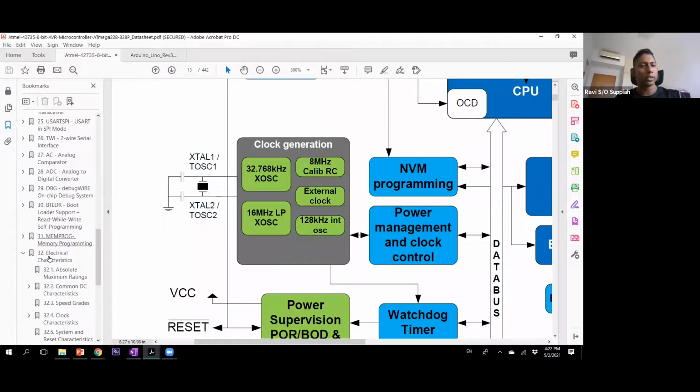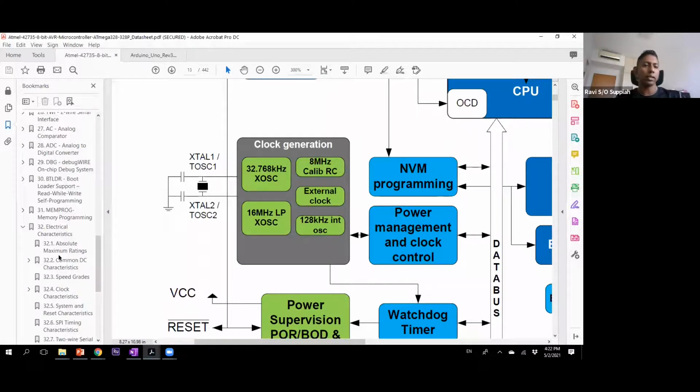This chapter 32 is on electrical characteristics. This is the chapter, usually towards the end of any microcontroller data sheet, that tells you all these DC characteristics, clocking, the maximum ratings, the timing parameters, and so on.